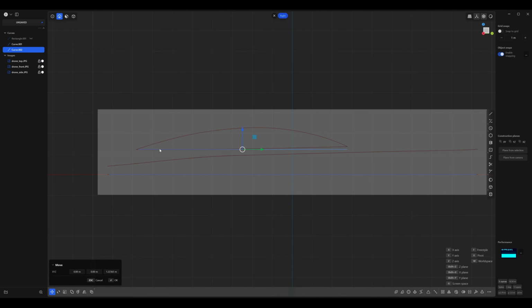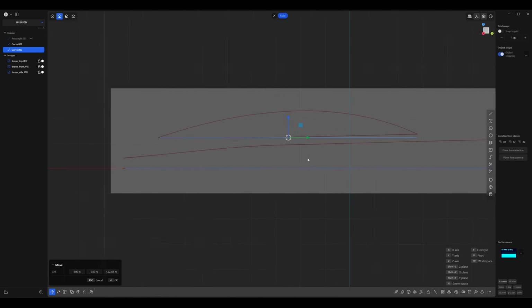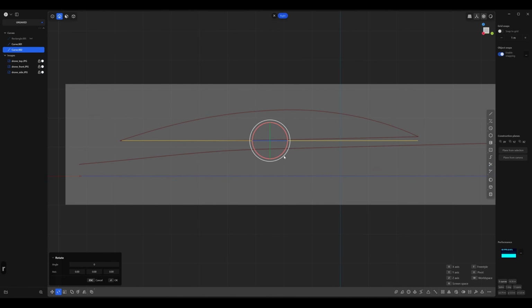And you can see it's at a bit of an angle. So let's go ahead and rotate it. Press R. And I'm going to show you how to freestyle rotate. Press F, and then click on the left point and then on the far right point. And now you can just hover upwards.